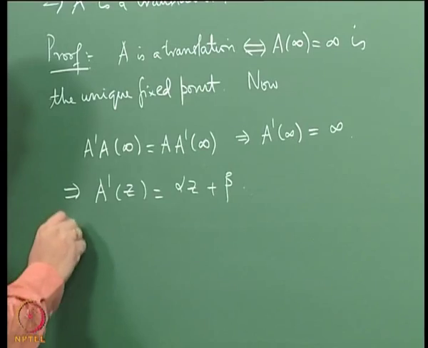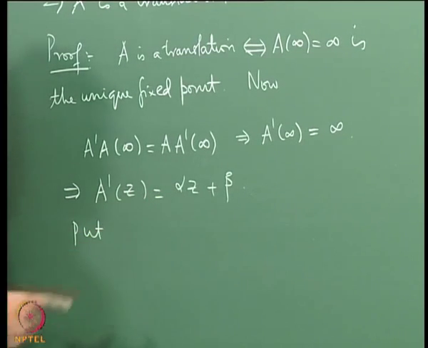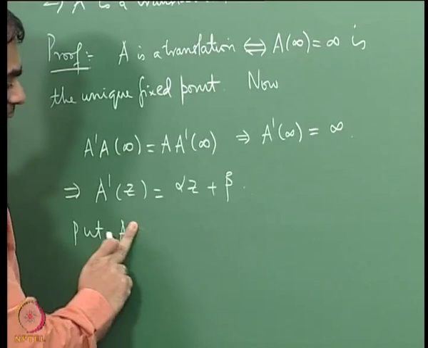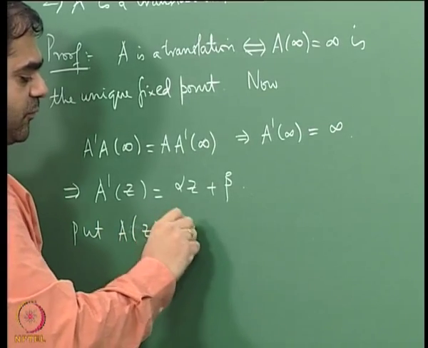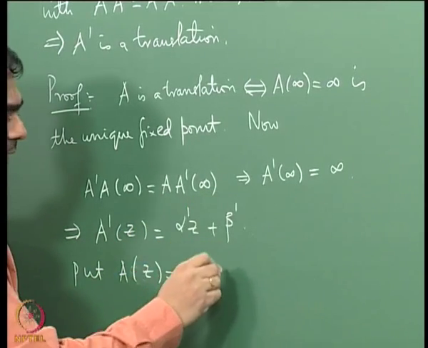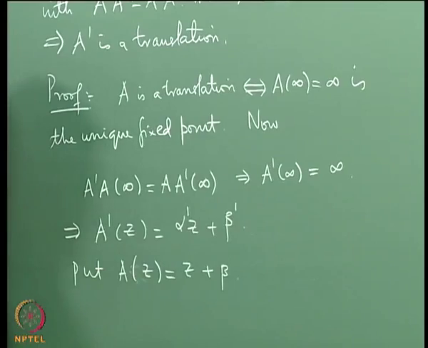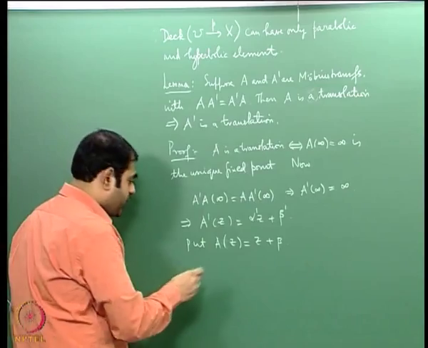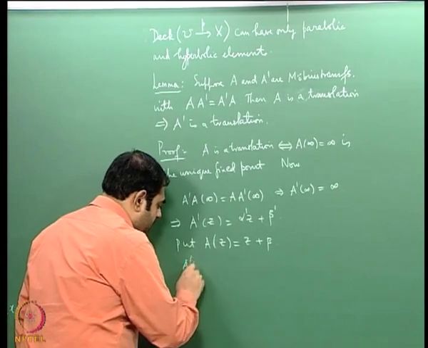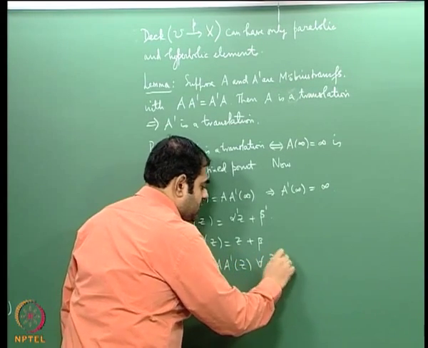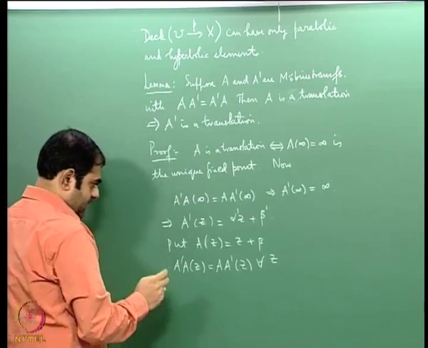Now I'm just trying to claim that alpha is 1, okay. So you put A of Z, after all A is a translation, so you write it as Z plus beta, and since it is A prime, let me put primes here and write alpha prime Z plus beta prime for A prime of Z, and write out the condition that A prime A of Z is A A prime of Z for every Z. What this is going to tell you is